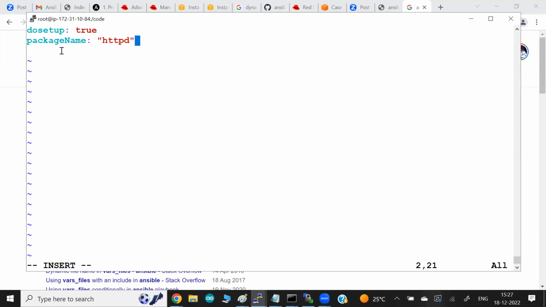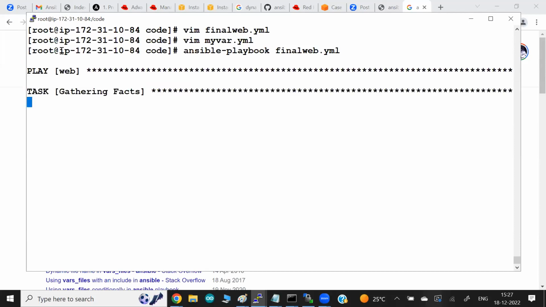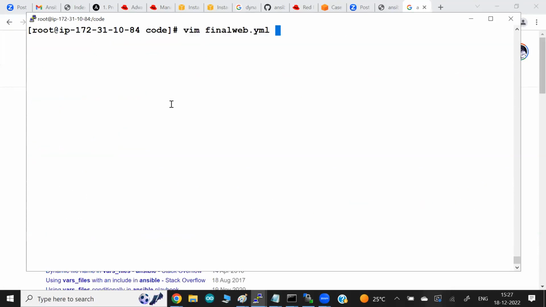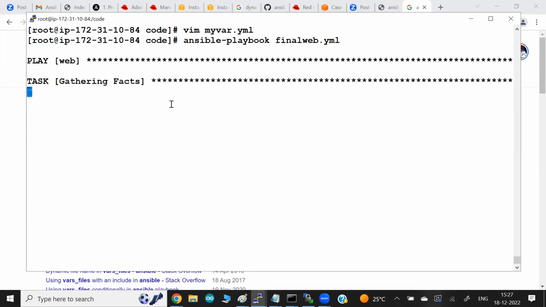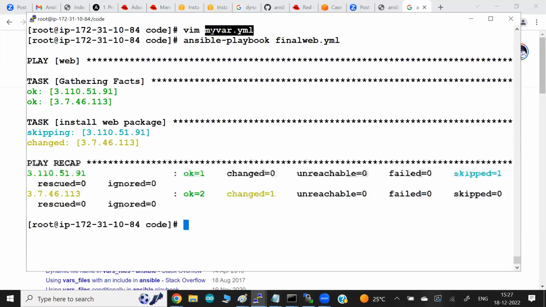Okay. So when we run this code, the HTTP package will be installed. It's been installed. Or maybe in the future you want to install some other package. Just come here. Let's say I want to install software called PHP. If the PHP software is available on the computer, then it will be installed. So without going into the code, from this central variable file, like an input file, new software will be installed. So it's like a control file, variable file, or parameterized file. We are providing some input to the main